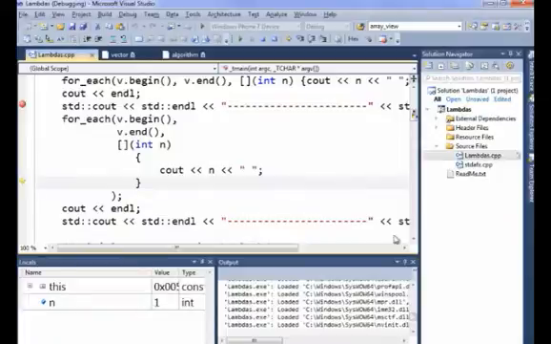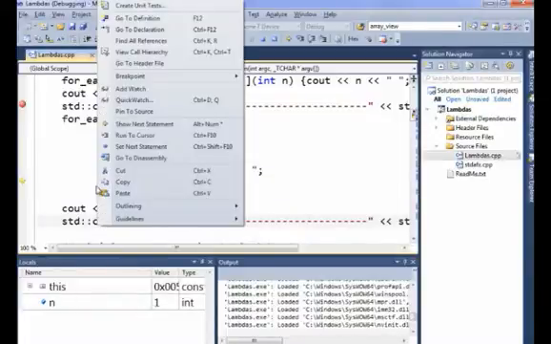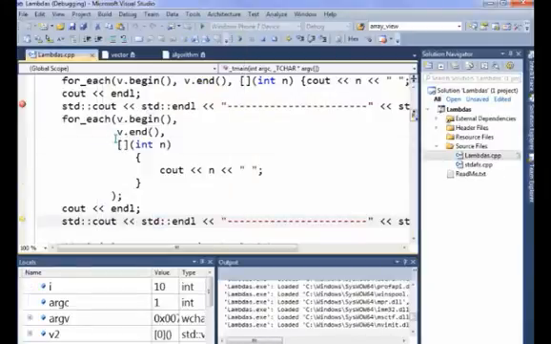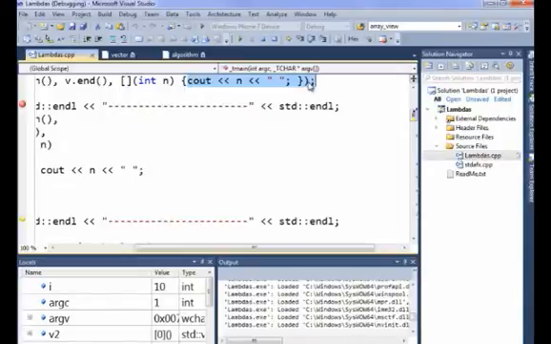Now I just want to carry this on. Let's just run this down to here to show you that a lambda not only doesn't need to be on a single line, it doesn't need to be a single statement. Our sort of canonical first lambda has only one semicolon in it. Down here,